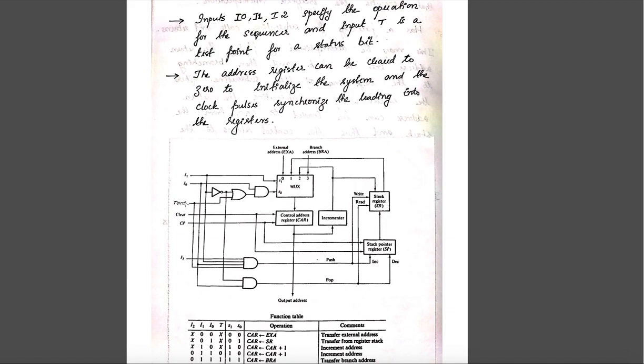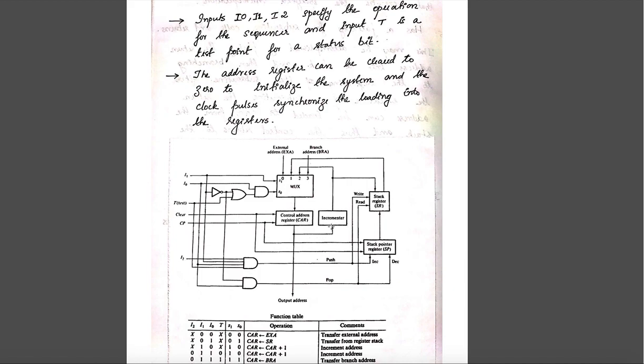Then we have a test bit called T. We have three inputs I1, I0 and I2. Then we have a clock pulse CP, just to have a positive clock pulse and a negative clock pulse, that is to have a synchronization between the sequence. Okay, then there should be a clear signal in case this CAR needs to be cleared.